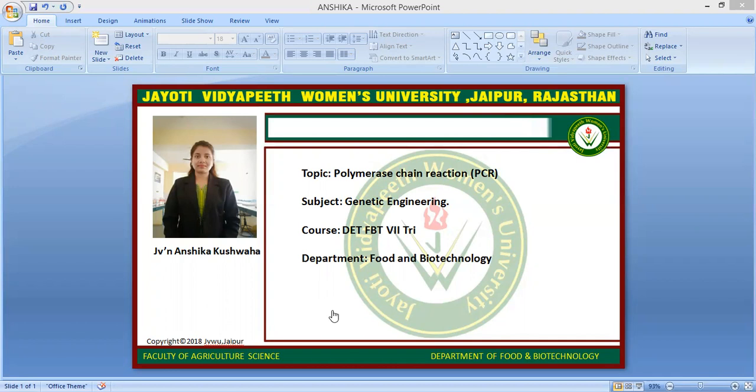Then, what are the products of extension? In the overall principle of PCR, one copy of DNA, the sequence of interest, is copied to a large number of DNA copies. What are the chemical components of PCR technology? In this, magnesium chloride, buffer solution, deoxynucleotides (dNTPs), primers, DNA polymerase, and target DNA.